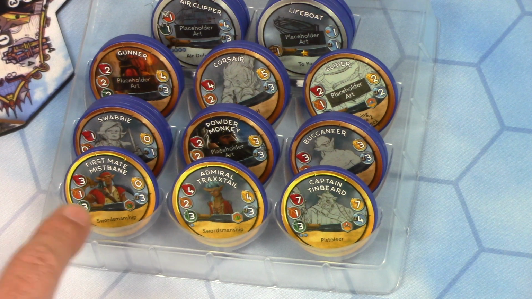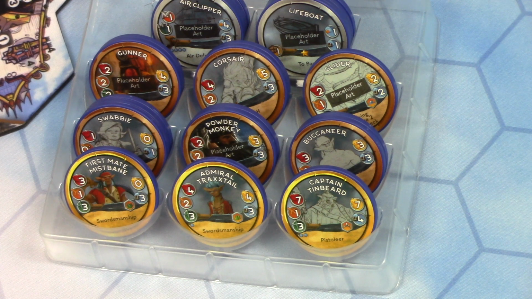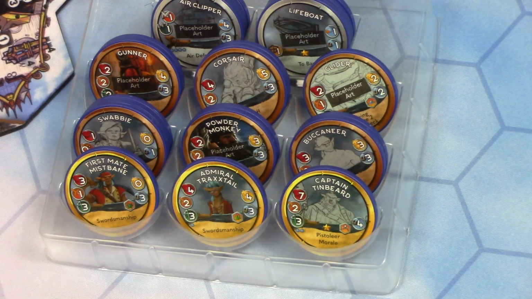Your 0 cost hero, First Mate Mistbane, has swordsmanship, as does Admiral Traxtail here. When attacking, increase the damage dealt by 1 for each opposing unit adjacent to it. Captain Tinbeard, a mighty 7 health here, has kind of a ranged attack, Pistolier. It's a 2 range attack. Then you flip the unit, remove an upgrade. With morale,